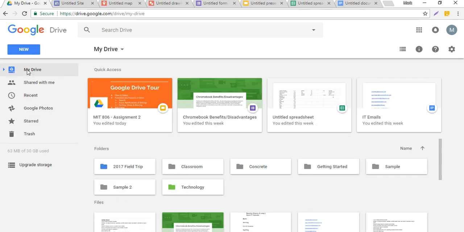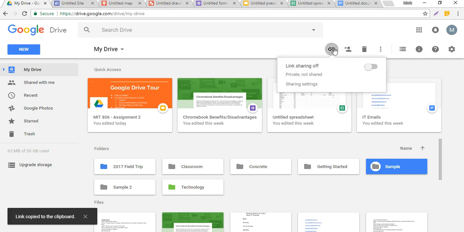So I'll go back into my drive here and finish up with the sharing aspect of Google Drive. I'm able to share any folder, any file in my drive with anyone I'd like to share it with. So if I would like to share my sample folder here, I can click on that sample folder and come up here and click the share sample, and I can just enter the email of the person I'd like to share it with. I can also get a shareable link. If I click on that,